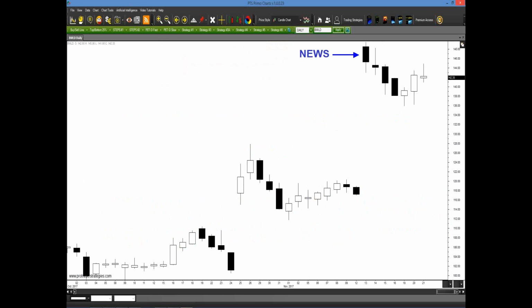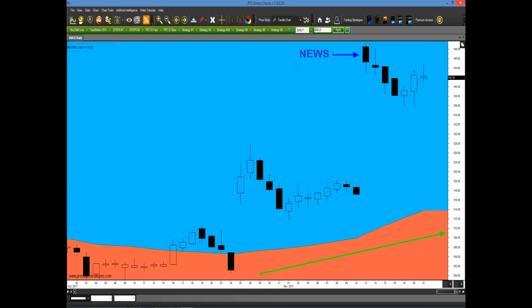So how do we listen to the market? Well, the first thing you do is step one, you apply the buy-sell line. So what's the market been telling us for the past month or two? It's been saying it wants to go higher. We have consistent closes above. Okay, one close back below, but then it goes right back up. So we look for the nice upward slope, and then we simply apply the pattern, which would have generated a buy signal a week or two prior to that news announcement.